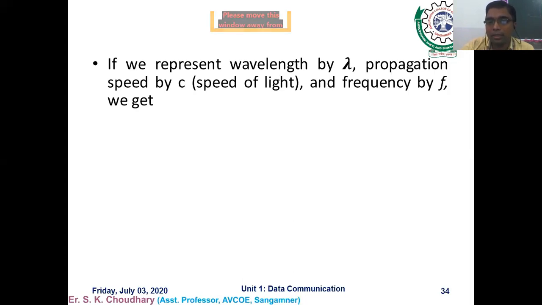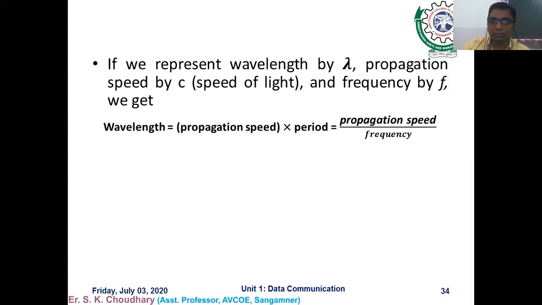We have learned it already in the 12th class, even in engineering physics. What is the relationship between the wavelength lambda with respect to the speed of light c and the frequency? Lambda is equal to what? As per the formula, wavelength is equal to propagation speed into time period, or propagation speed upon frequency. Okay, c by f, lambda.